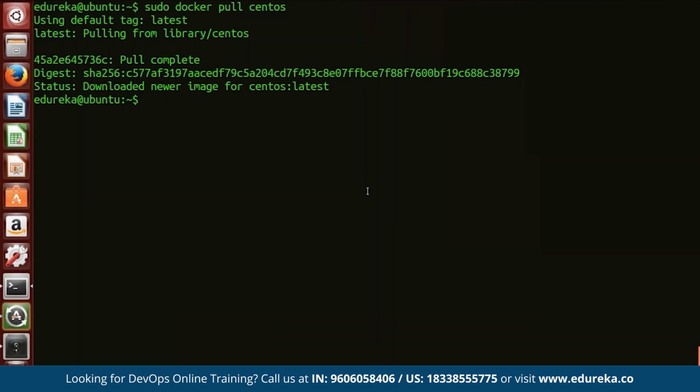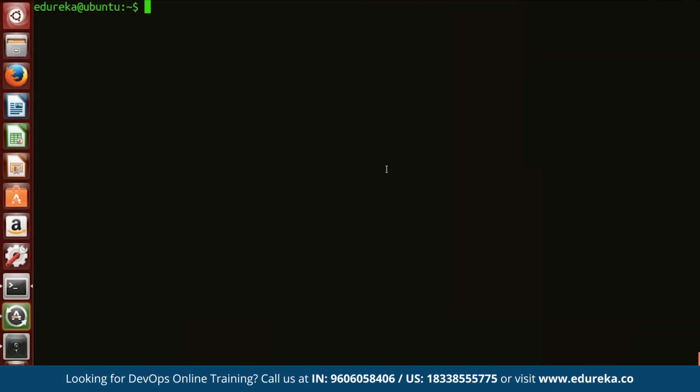So we have successfully pulled a CentOS image from Docker Hub. Now I'll run the CentOS container. So for that, I'll type sudo docker run -it centos, that is the name of the image, and here we go. So we are now in the CentOS container. Let me exit from this,